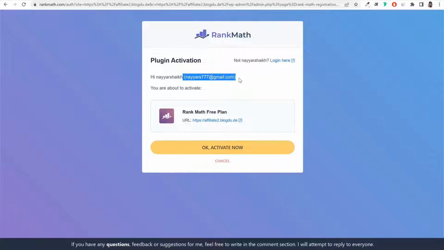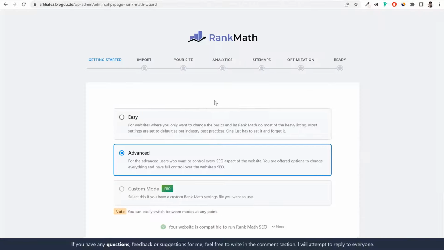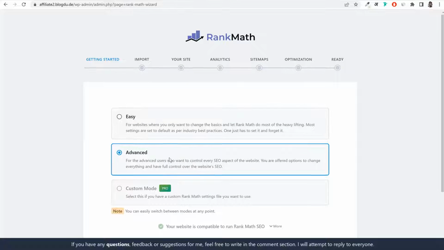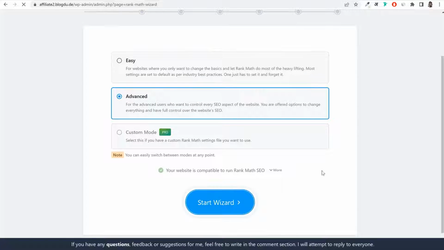You can change your email address. This is the default email address. If you want, you can change it as well. I'll just go ahead and click on activate now, and this will activate my website. Now we have to use this option. First of all, whether you want the easy or advanced option, we'll select the advanced option and click on start